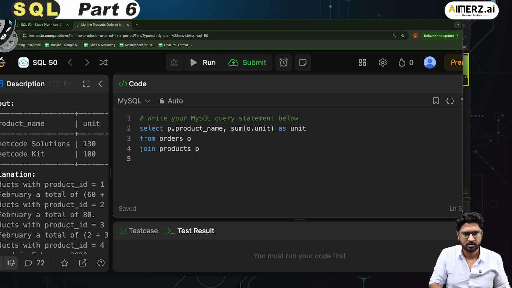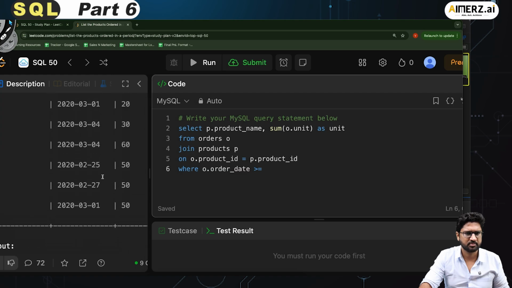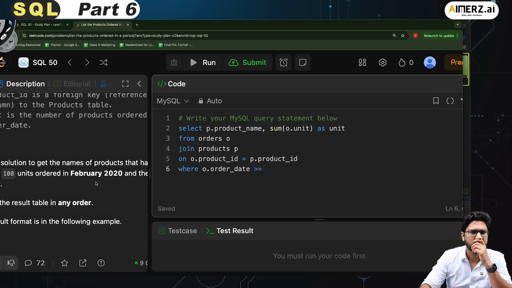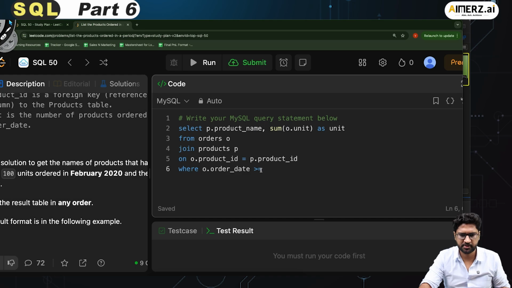and then I have to join the products table which is p, on o.product_id equals p.product_id, where o.order_date is greater than or equal to, and I have to do it for February 2030, I believe, or February 2020. So it should be greater than or equal to 2020-02-01